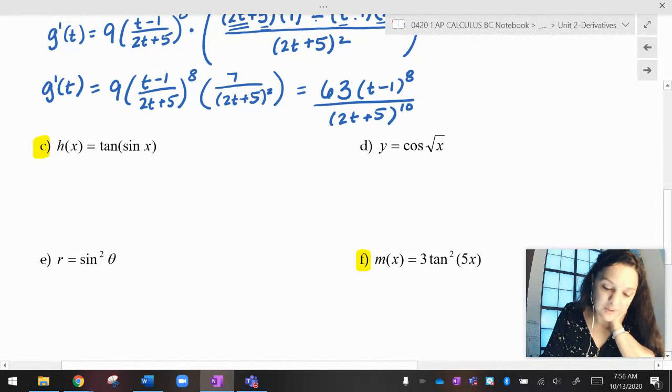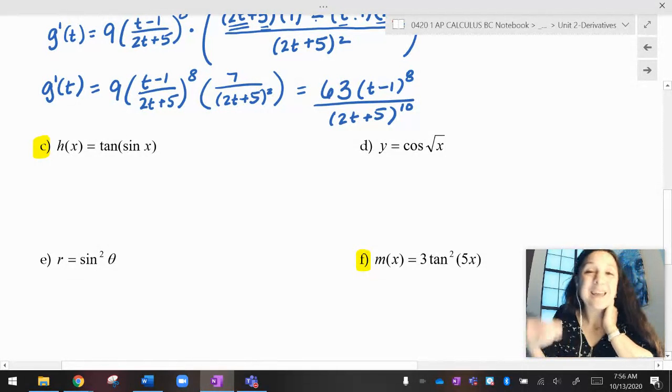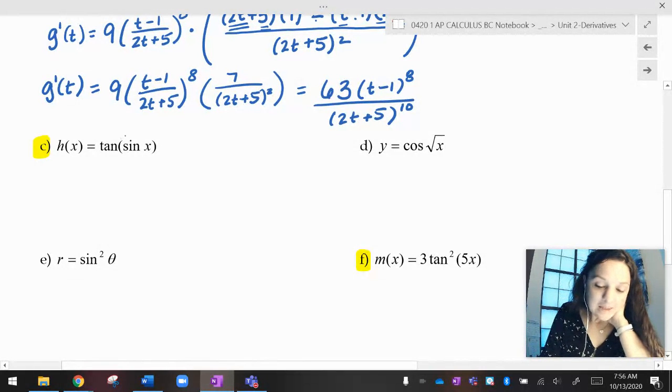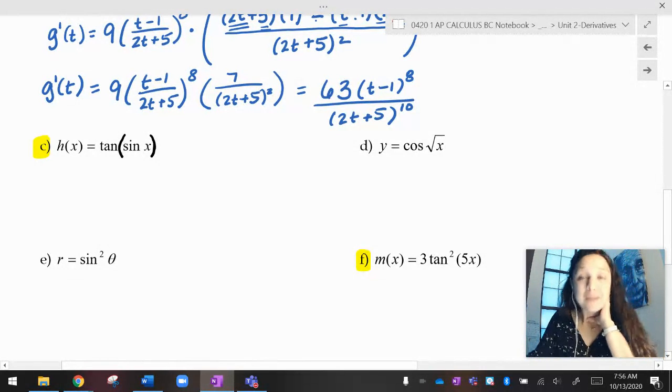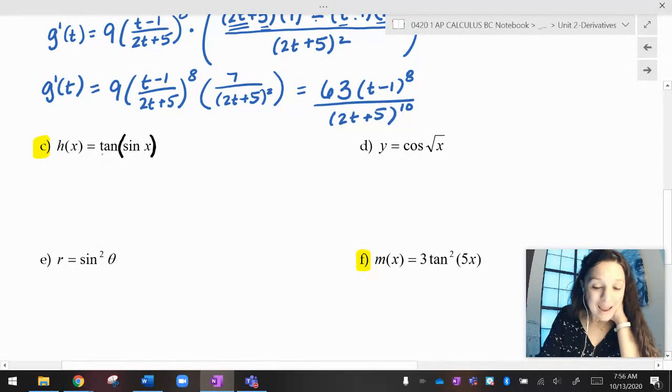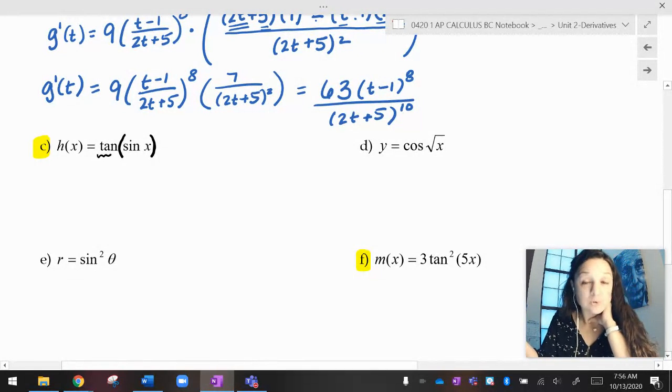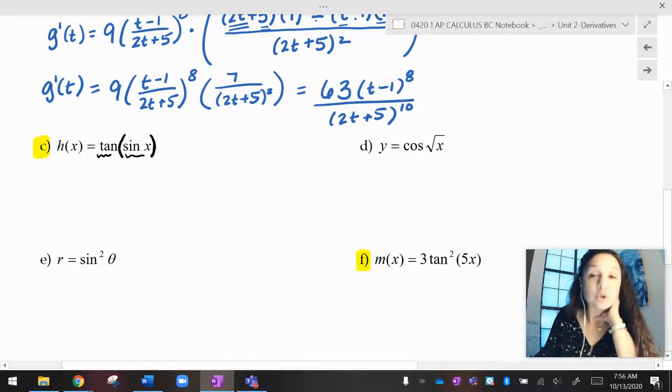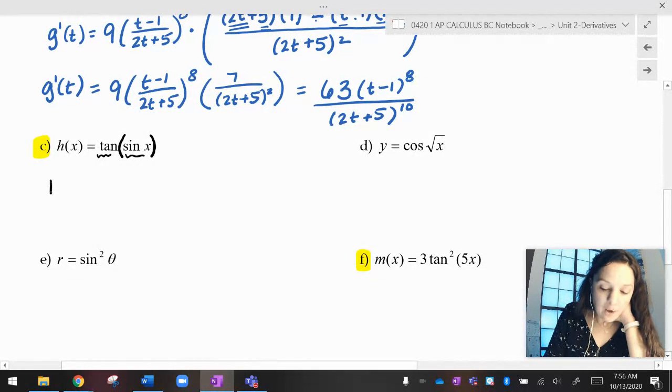All right, so let's start with C. h of x equals tan sine x. Well, this isn't tan x times sine x. It's the tangent of sine x. So my outside function is the tangent function, and my inside function is the sine function. So if I want to take the derivative, h prime of x, I'm going to take the derivative of the